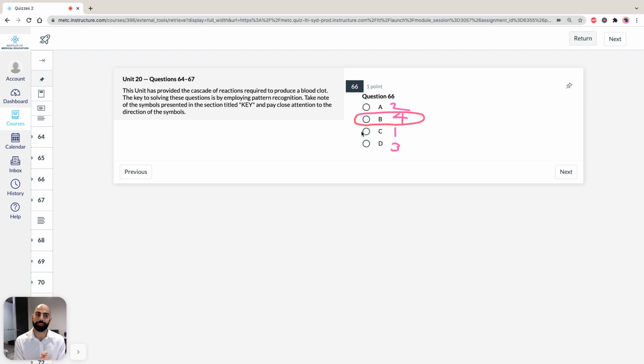So now we have to obviously remove this clot. So in order to stop building this clot, we have to activate protein C and then negative feedback to rewind the process of the clotting because we've stopped the blood from bleeding. So that's how we'd approach question 66. And it kind of leads in nicely to the last question. So question